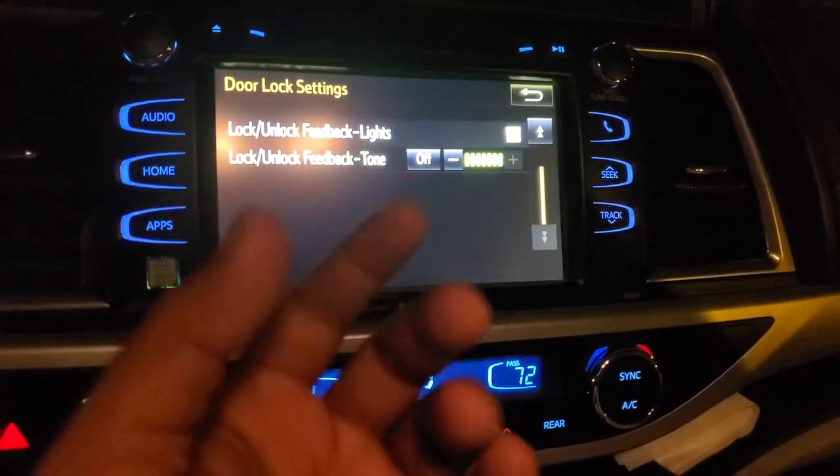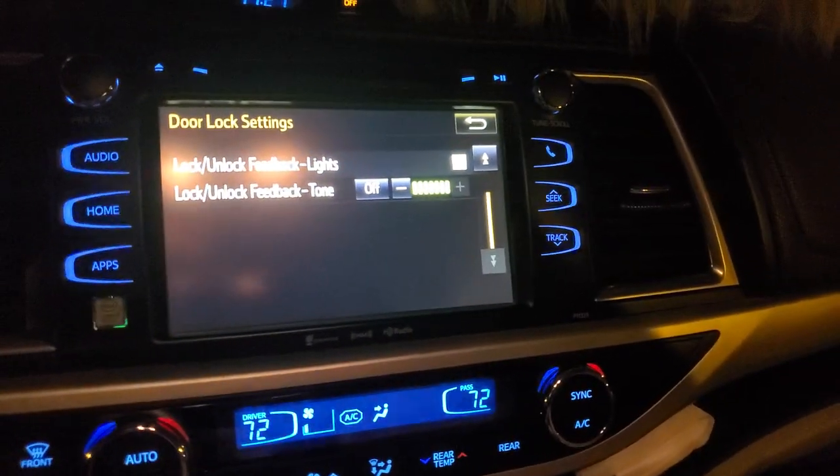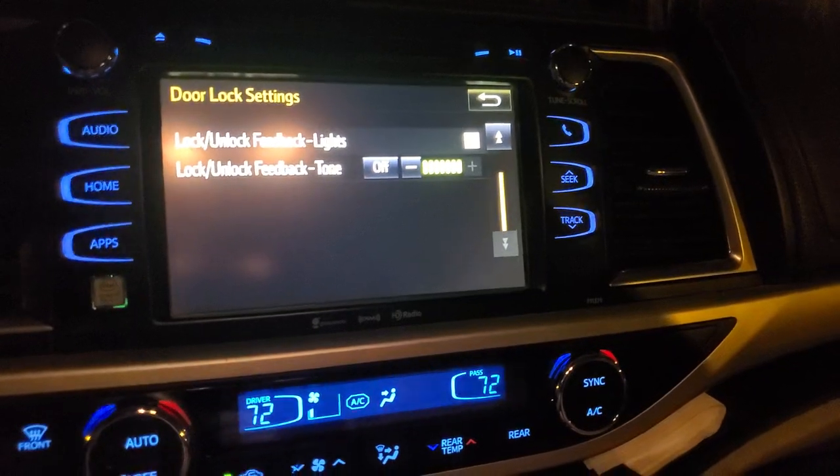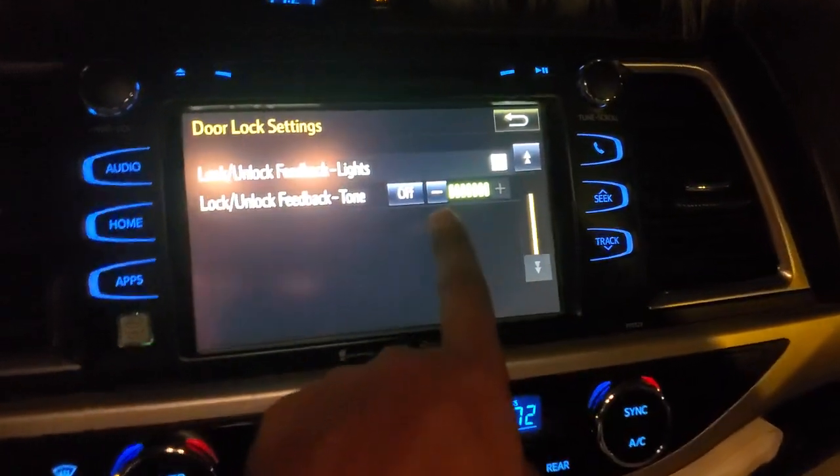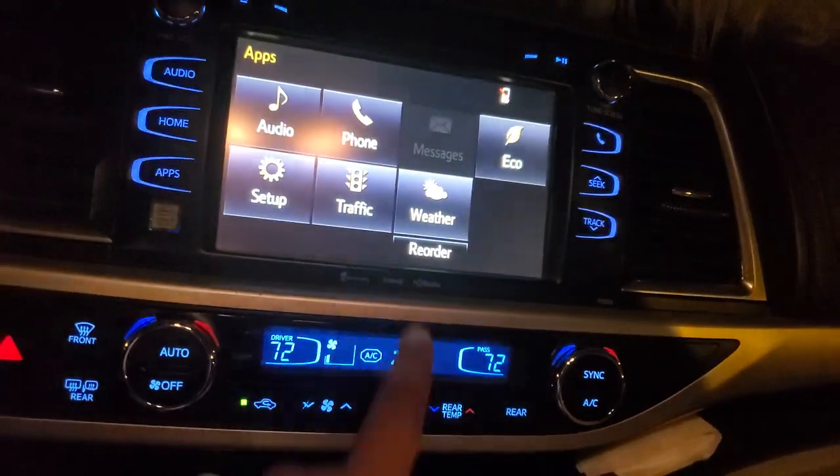tone that comes, like when you lock the car, it beeps, and if you unlock, then it beeps again. So this is for that option. You can adjust the volume also. And then